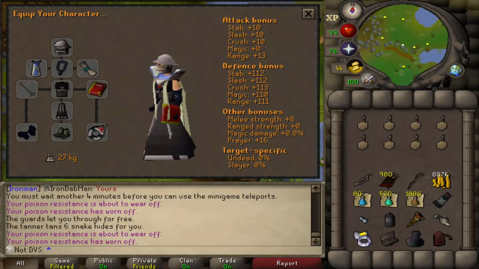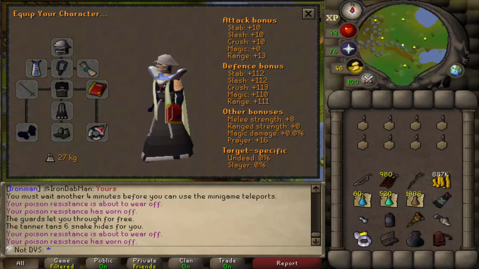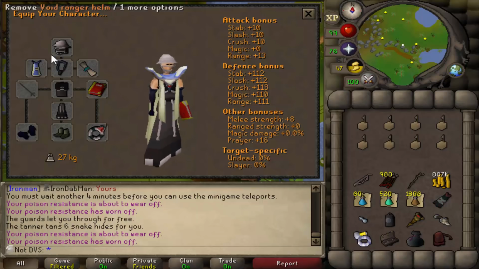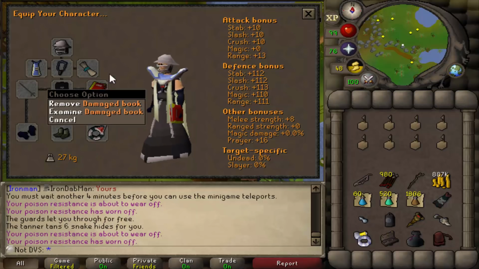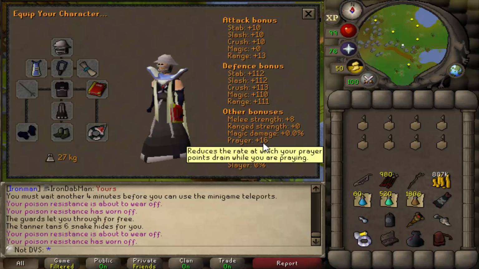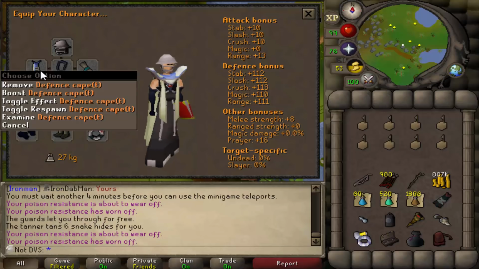Alright everybody, so after like an hour and a half of figuring out everything I wanted to do with this, this is the setup that I came up with. So we got the Full Void, my Fury, the War Blessing, which is going to give me some prayer bonus, Damage Book for some more prayer bonus as well. This gives +5 prayer bonus, Explorer Ring 2, which gives another +1 prayer bonus, and I also have a defense